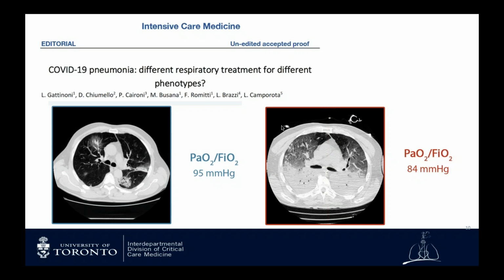One that you may have seen from Luciano Gattinoni and colleagues, published in Intensive Care Medicine recently, and they point out that there's a lot of heterogeneity in these patients. So here's 2 patients who are quite hypoxemic, and they have very different looking CT scans. This one on the right here, which they term as a type H patient, high amounts of collapsed lung and a small baby lung, looks what we're more typically used to seeing with severe ARDS prototypically.